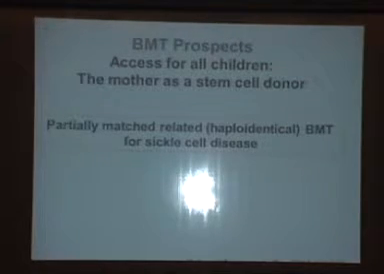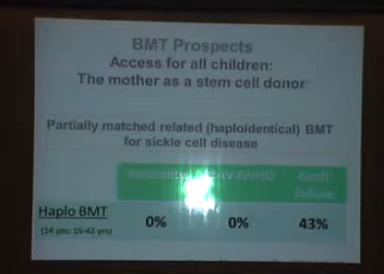The other important new thing is that there is more and more evidence that for the majority of children that don't have a compatible sibling, you can probably use one of the parents, normally the mother, as a stem cell donor. There is increasing evidence that this is feasible and obviously much less costly than other alternative forms of transplantation, like